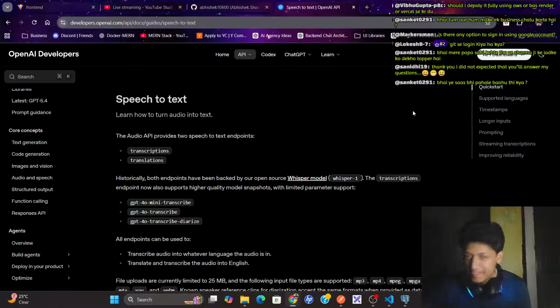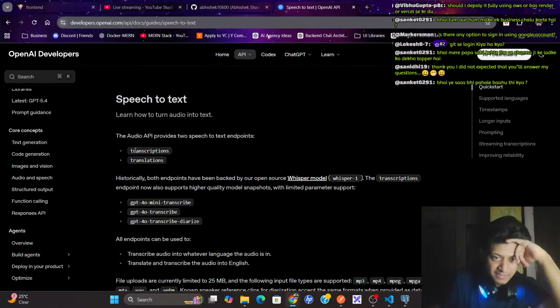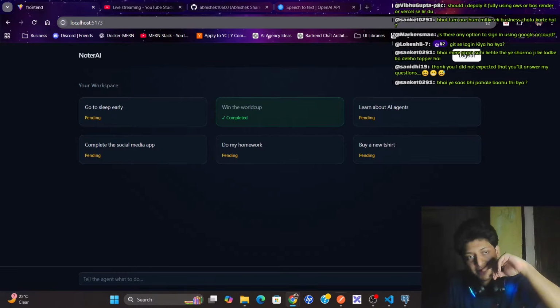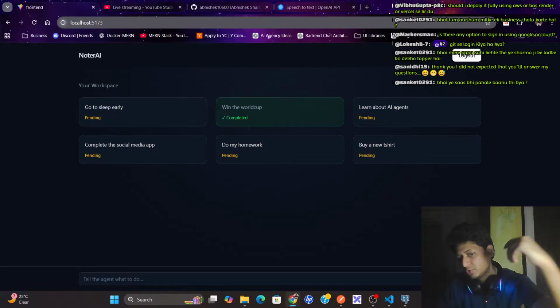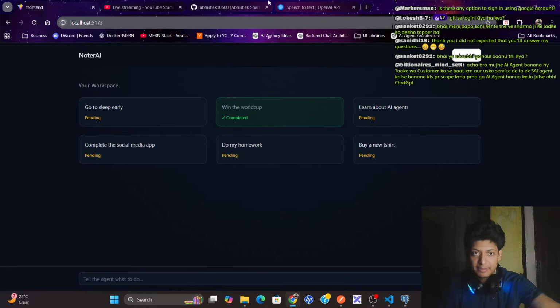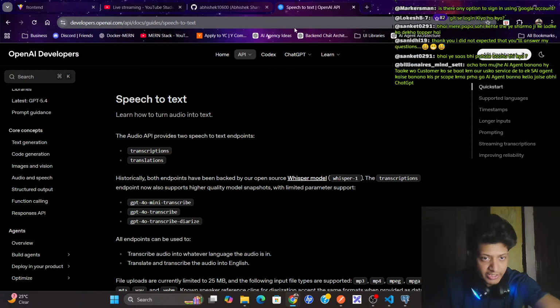All right everyone, now let's read some documentation. Basically the next feature to implement is, as Makers Man suggested, that we should add a voice feature. In the voice feature we can speak to the agent and tell the agent what to do, for example to create a node or something like that. So I'll implement that, and I need to read some documentation now.